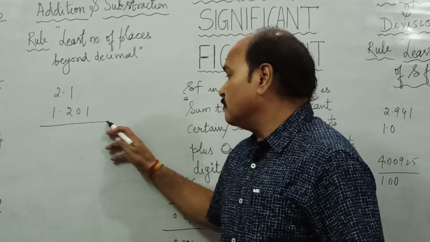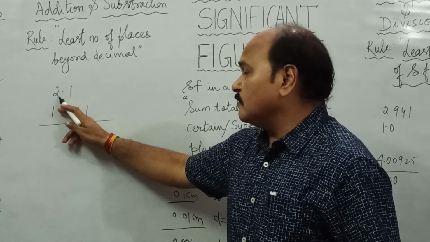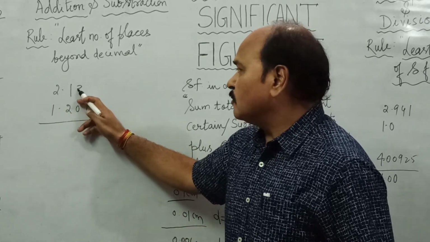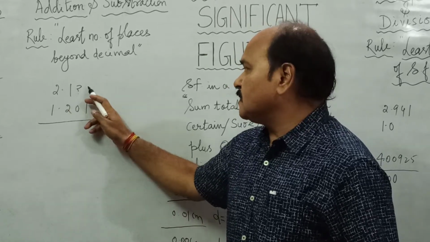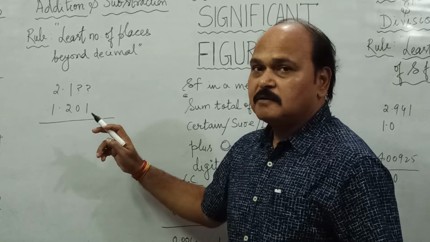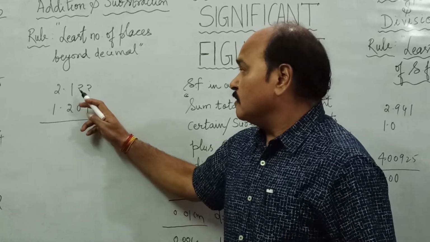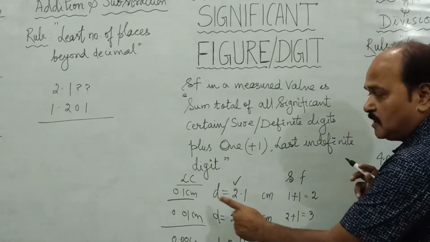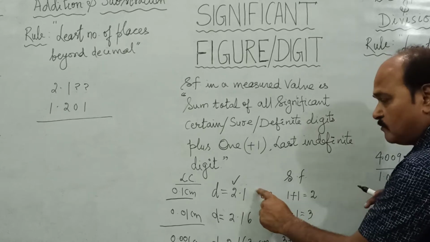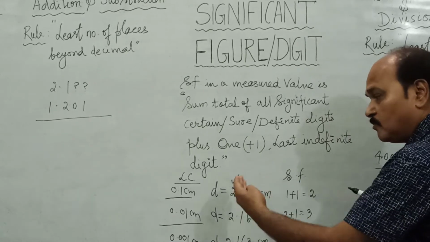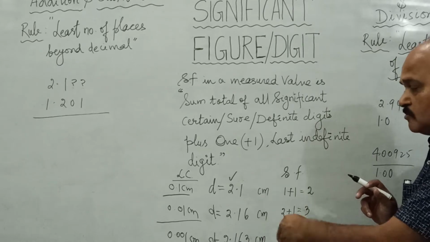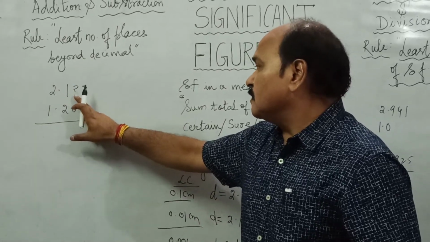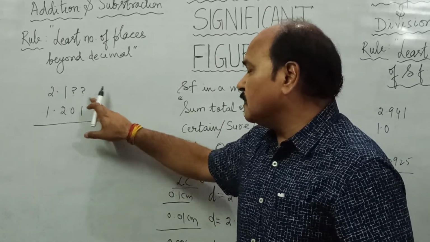So what should we do? Well, if the recorded value number 1 is 2.1, what is here? Can we know it? No, we do not know it. What is here at the second place? We do not know that. This is 2.1 because it has been measured from a meter scale. But what about beyond it? It can be measured only when we change the instrument and use an instrument with a lesser least count. So what is beyond 1? That is not known to us. What are the digits beyond 1? They are not known to us.